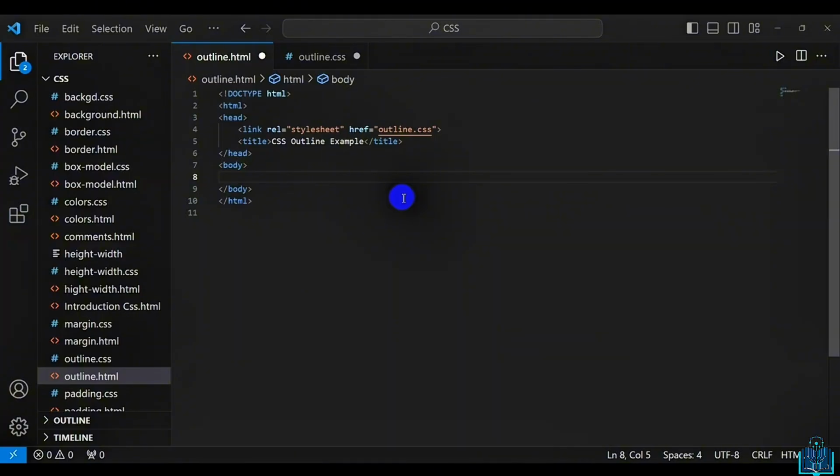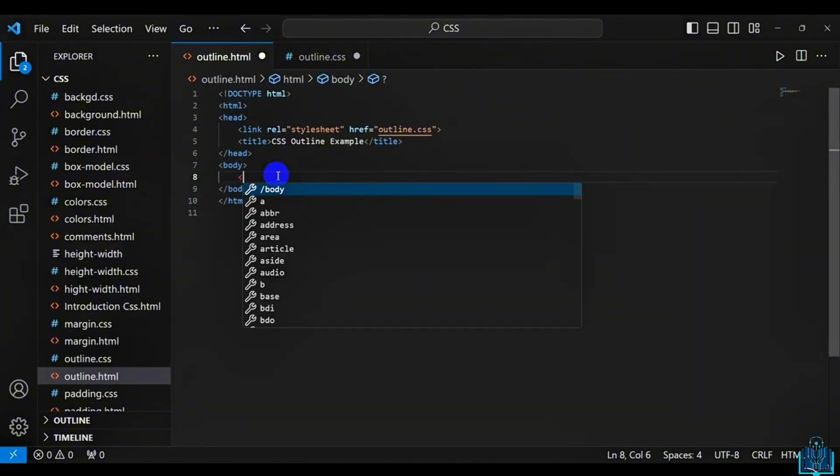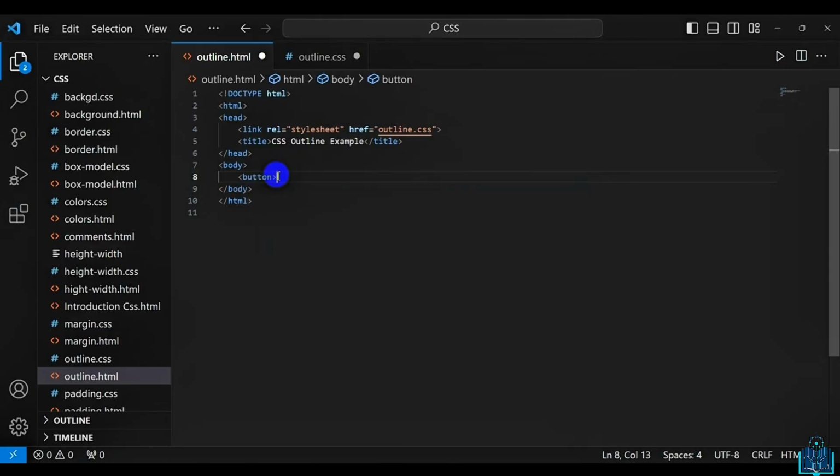In web development, the CSS Outline property allows you to create a visible border-like effect around HTML elements without affecting their layout. So, in this example, I am creating an outline HTML file. First of all, I am creating a button, and the button class is first outline